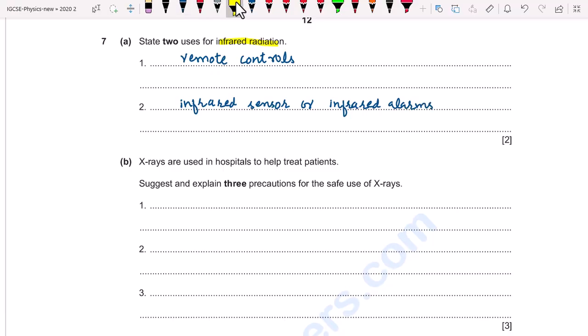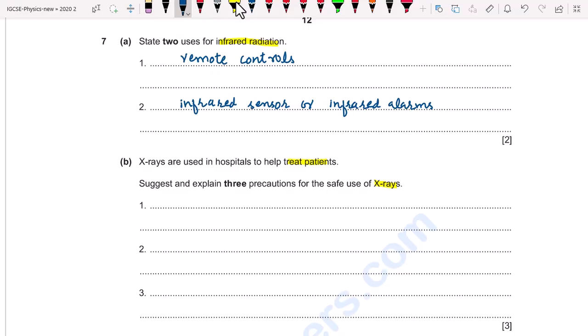Part B. X-rays are used in hospitals to help treat patients. Suggest and explain 3 precautions for the safe use of X-rays. So we have to take some precautions: we have to limit the intensity of the X-ray beam and limit the dose. We have to shield the body of the patient and absorb the radiation, and we also have to limit the time of exposure, and keep a small distance from the source, and then reduce the radiation. So I write here